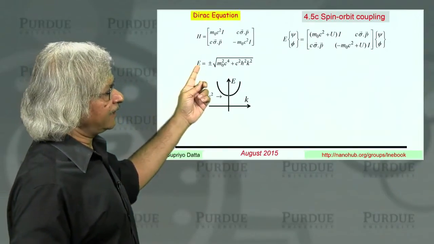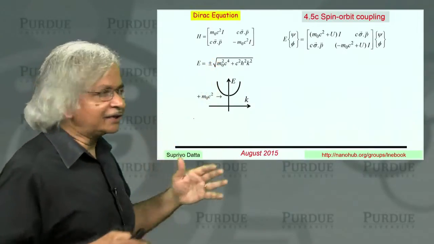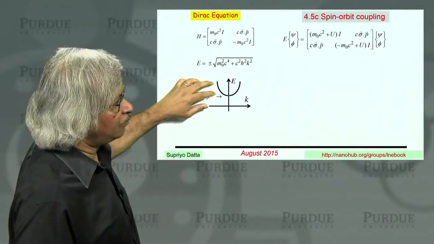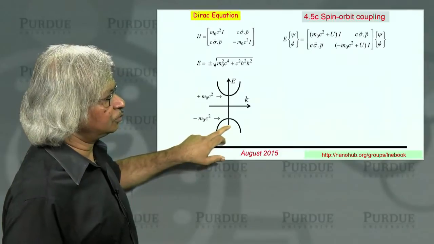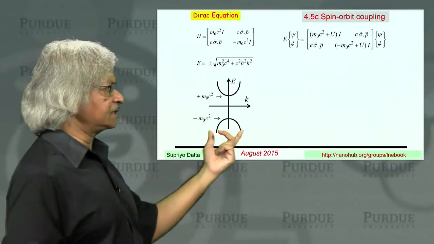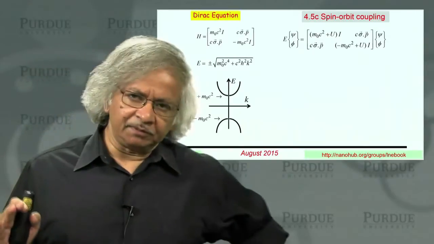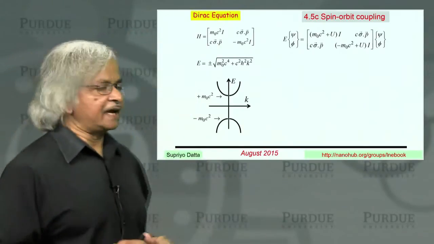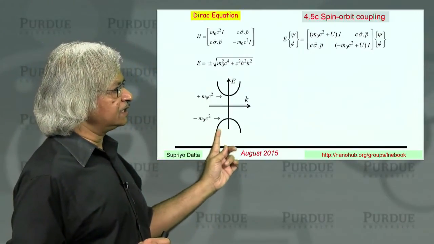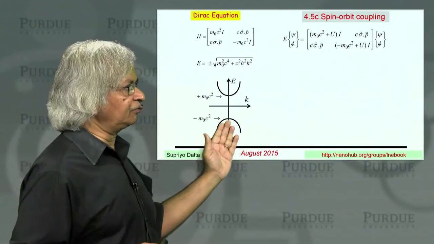So actually, if you looked at the energy here, you'll notice there's a plus minus, because when you take the square root, it's a 4 by 4 matrix. So when you look at the eigenvalues, you'll find 2 of them are up here and another 2 down here. And initially, of course, this caused a lot of debate because, how do you interpret all these negative energy levels? And the accepted picture that people have these days is that in vacuum, where there is nothing, that corresponds to all these energy levels being completely filled up. So even when there is nothing, these are all filled up.